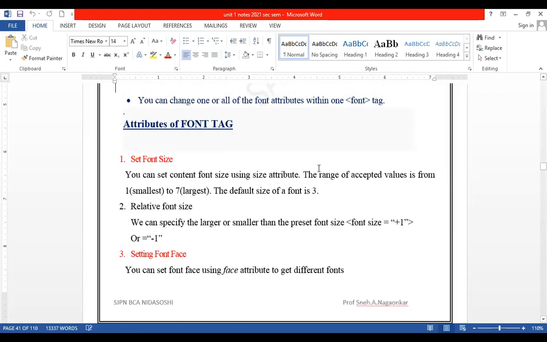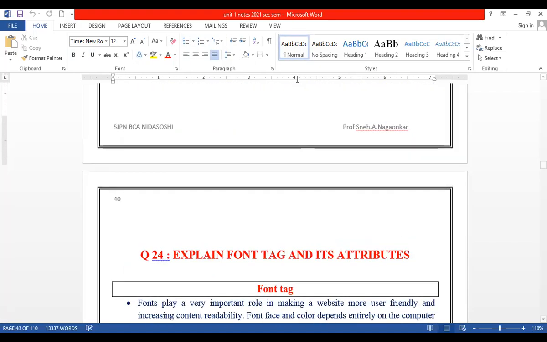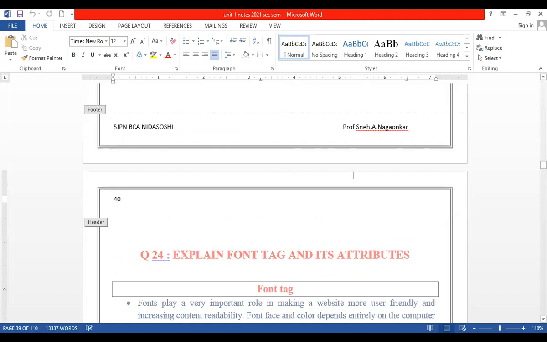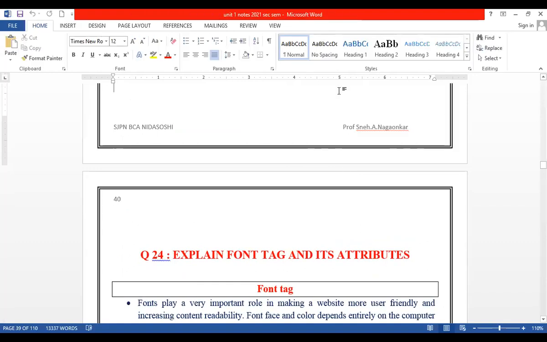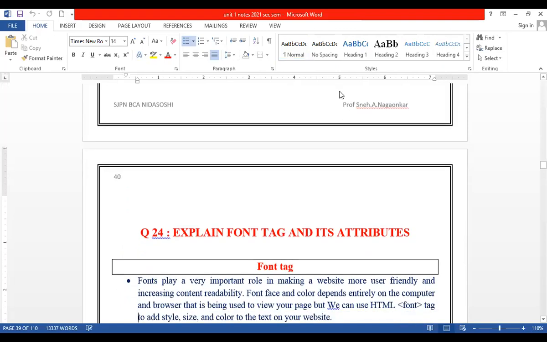See, so I had shared the notes and I have also asked you to write this question. Hope you all are writing that. So this is the PDF part which I have told to you. Just type this code to know more about base font. Okay. So what happens with the base font?